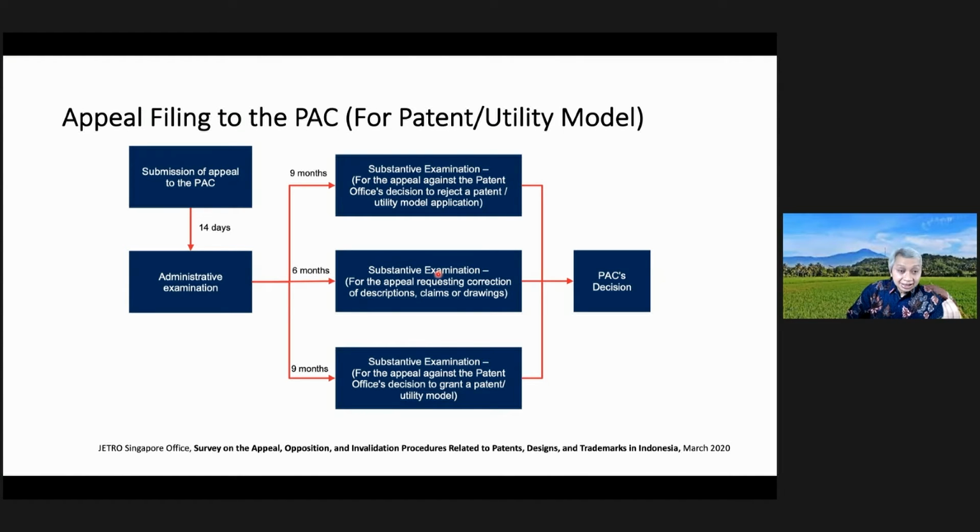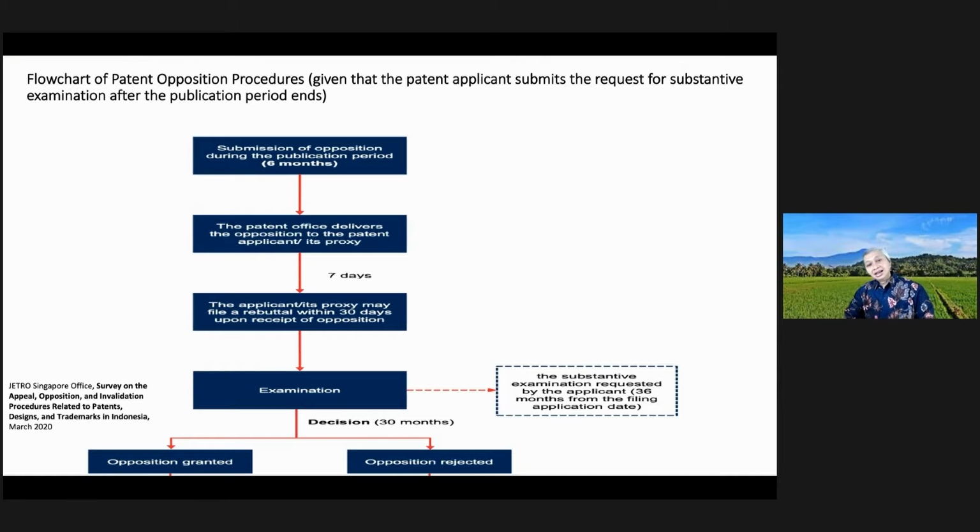Okay, the second substantive examination is appeal against the decision to grant a patent from the opponent. So this is maybe where a typical administrative judge can make a decision. Okay. The second chart that I took from the JETRO book is the flow chart of the patent opposition procedure